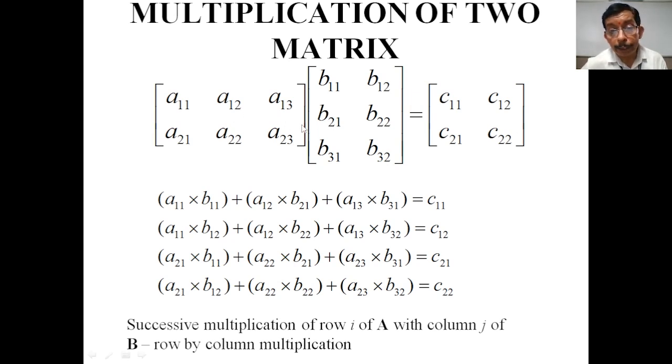Both are multiplied again, then the plus sign, and the last element of the first row is A13, and the last element of the first column in the second matrix is B31. Multiply all the elements: the first row is complete with all the elements of the first column in matrix B multiplied. Then we receive the first element of the new matrix, C11. It is clear.